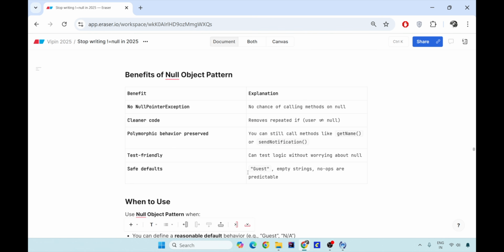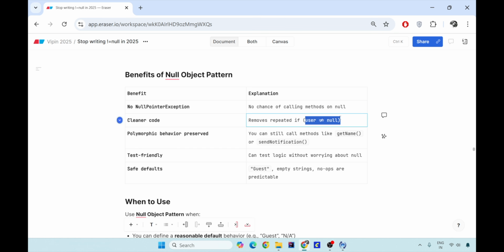So what is the benefit? No chance of null pointer exceptions because none of the methods returns null. The get name also returns you guest. The email returns you an empty string. So null pointer exception is properly removed and handled. There is cleaner code because no repetitive use of user not equals to null. This might have been used n number of times in your places, but rather at the place we are trying to fetch it, just handle it then and there during the database operation. Then all your services can just use the singleton object of that particular database operation of null user.